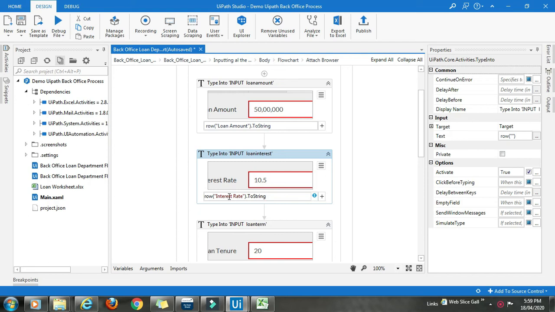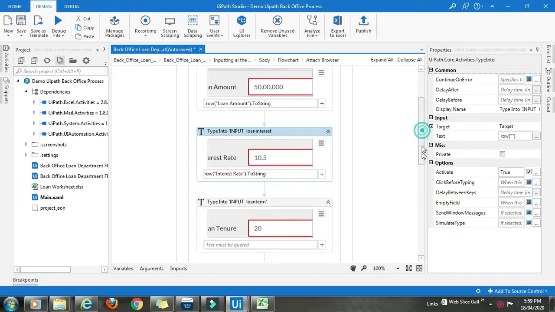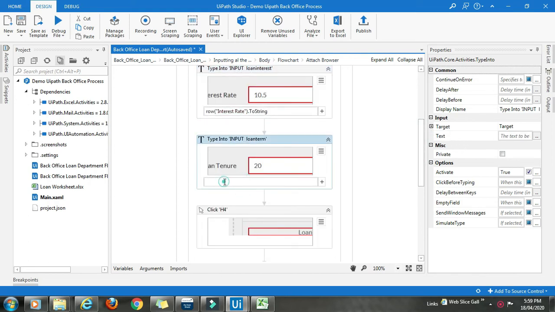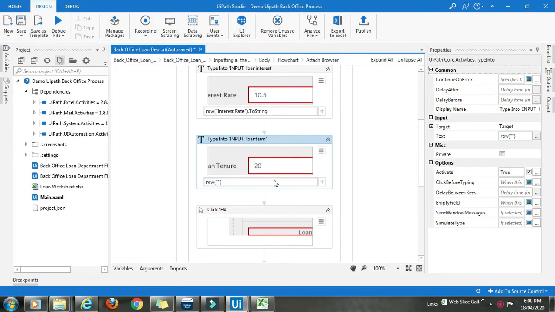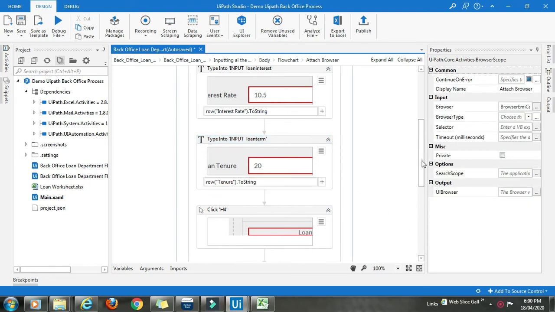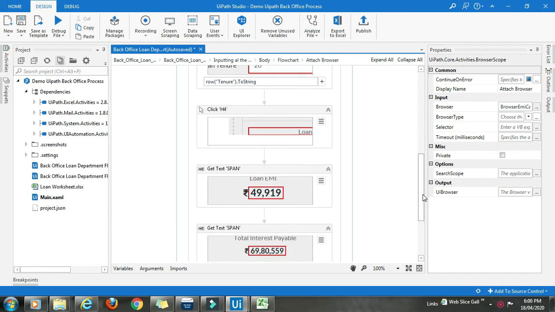To string. Tenure. Alright, done with the input values.